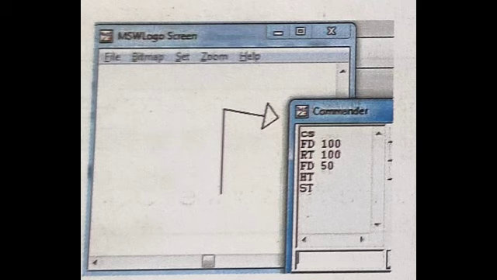Next is show turtle. Now if you want to bring back the turtle on the screen, or you want to show the turtle again on the screen, you have to type ST or show turtle, whichever you write. It will bring the turtle back on the screen. ST command works after the HT command is already given. It means if you have not given the HT command before you give the ST command, then it will not work.